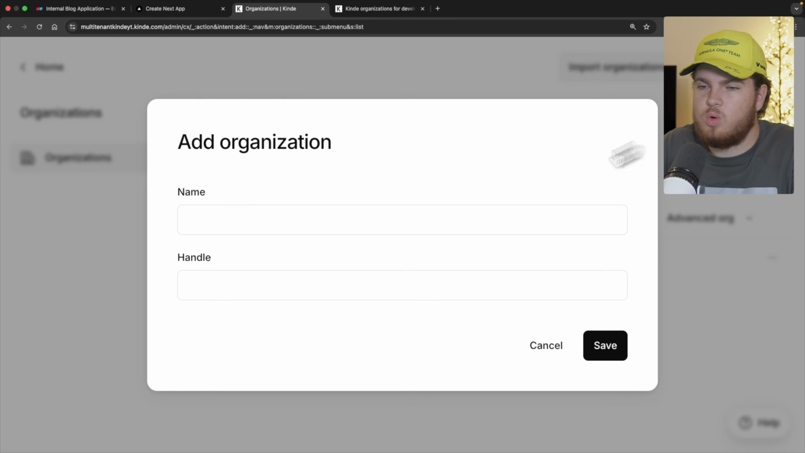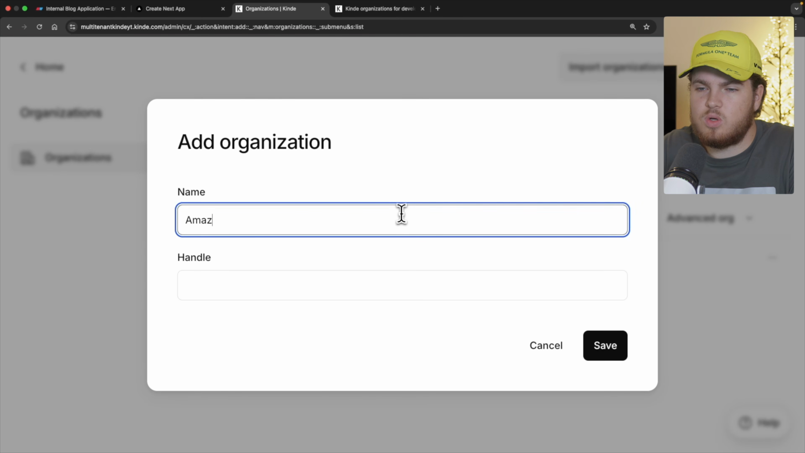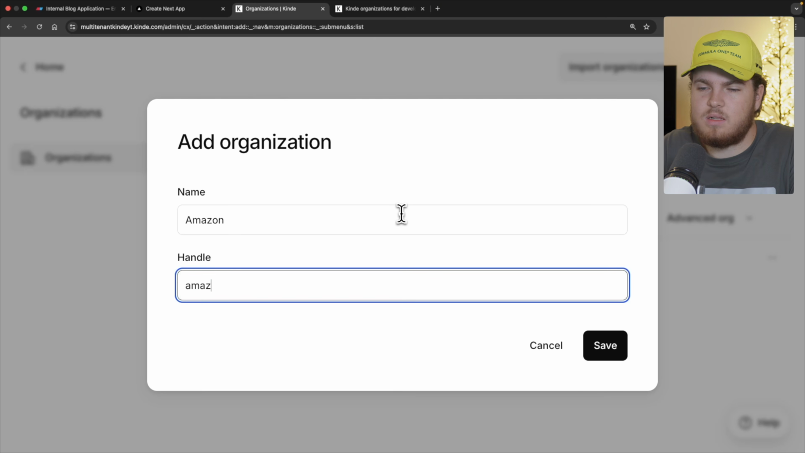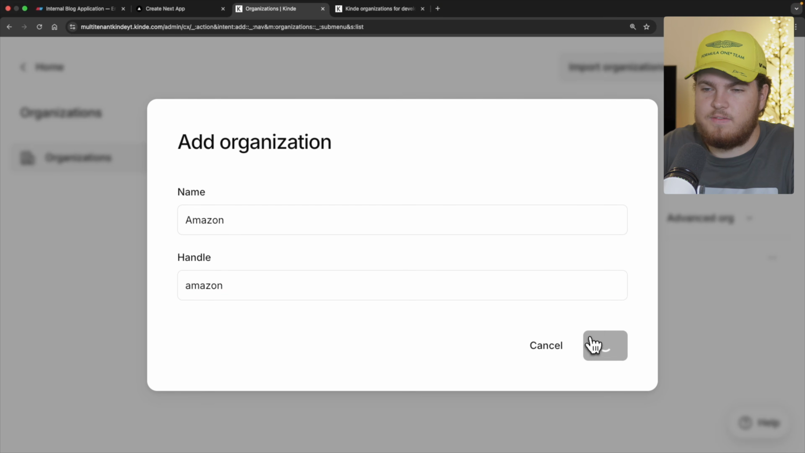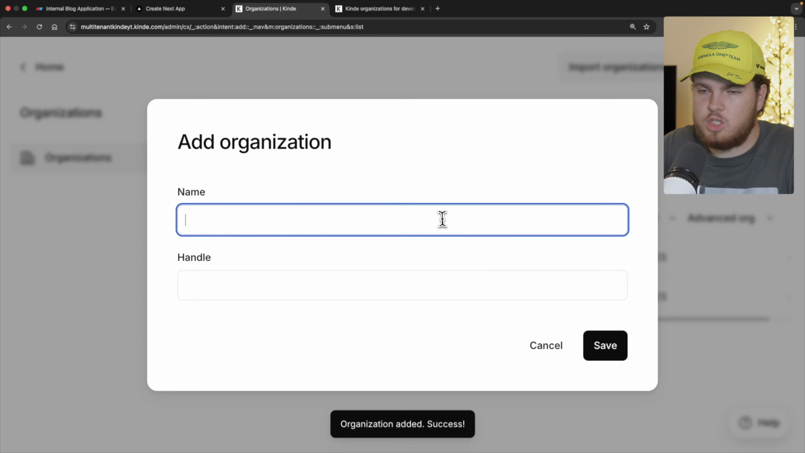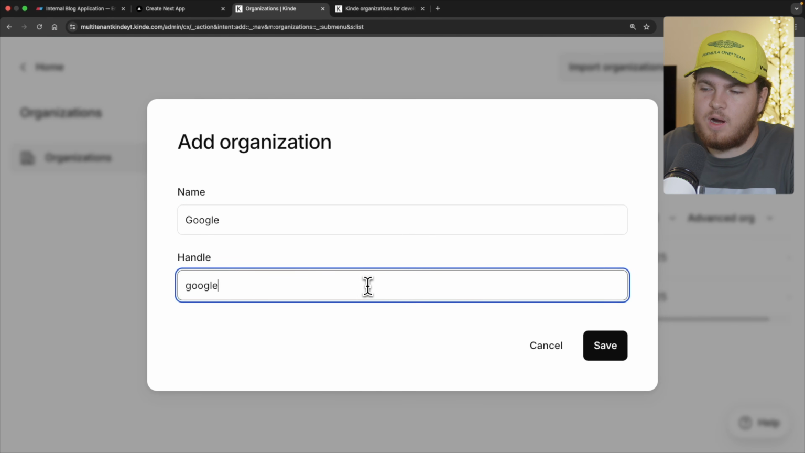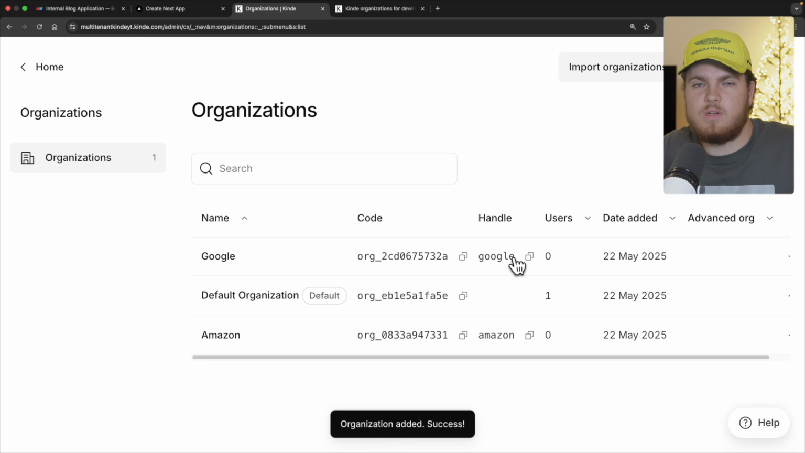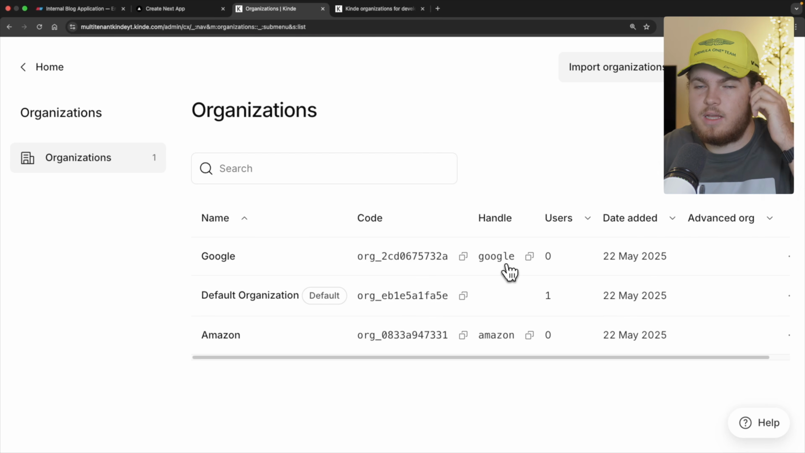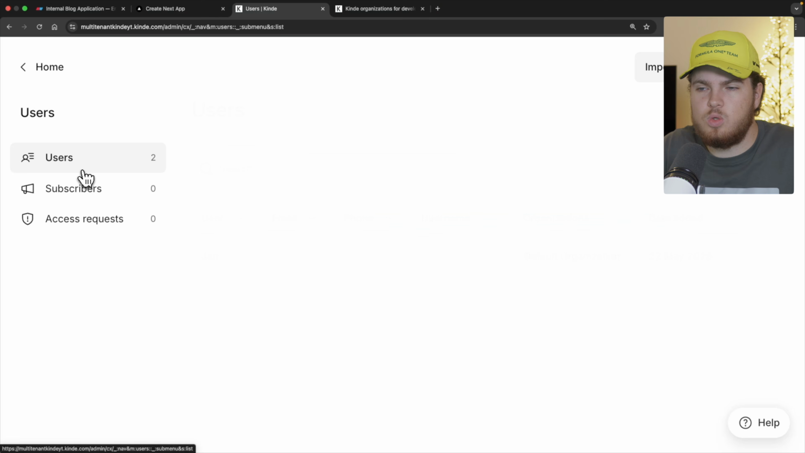So let's create a new organization. This will be the Amazon organization. And then for the handle, this will be Amazon. Let's save this, and let's create one more organization. This will be the Google organization, and for the handle, this will be lowercase Google. So now we have in total 3 organizations, and currently if I go back to the users, we have